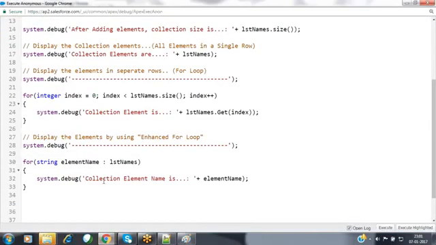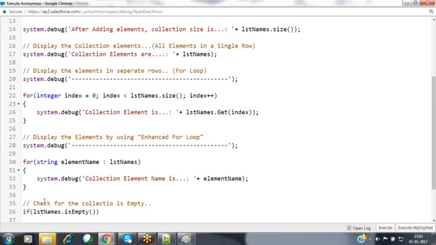Now, the next one. Let's verify the next method here. Check whether the collection is empty or not. How can we verify? Now we will see practically here. When coming to the collection, I'm verifying if lstNames.isEmpty.